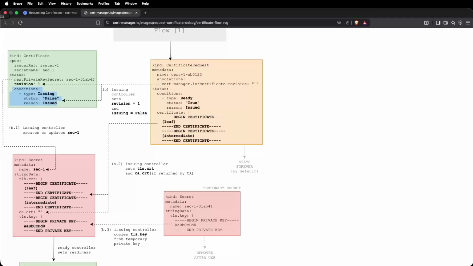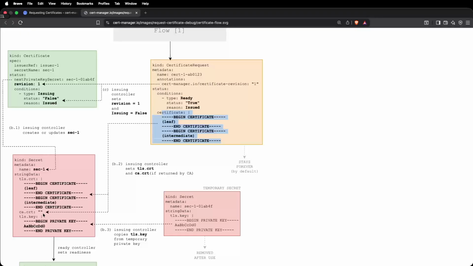And now the next thing is, I mentioned we create a temporary secret. Now it's time to create a permanent secret. The private key remains the same. You can see we had a private key tls.key. It remains the same in the permanent secret as well. And here we have a tls.crt attached, which is coming from the certificate we got from the certificate request. That means the actual certificate is being stored in the tls.crt.